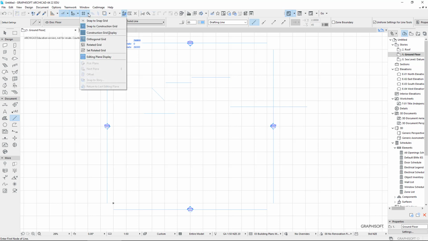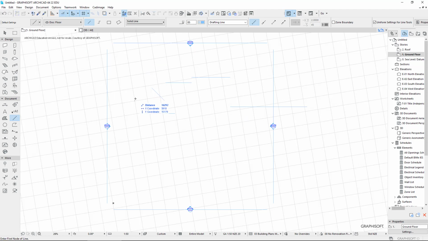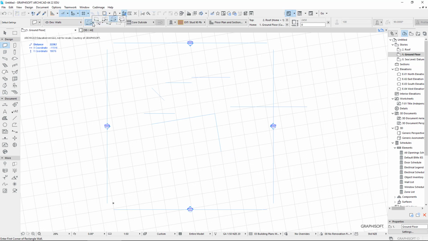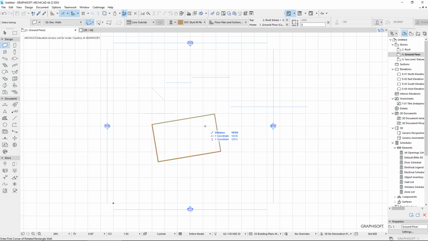At the moment, we have an orthogonal grid. We can set a rotated grid, so I can click, click, and now my grid is rotated, and now when I draw, it draws along that grid. So if I want to draw walls, change your wall mode to this one, so that you can snap along the grid, and then you can snap to another grid position. Then you might want to go back to an orthogonal grid and then draw another building which is snapping to